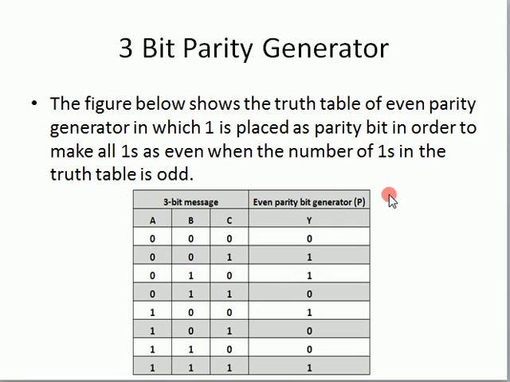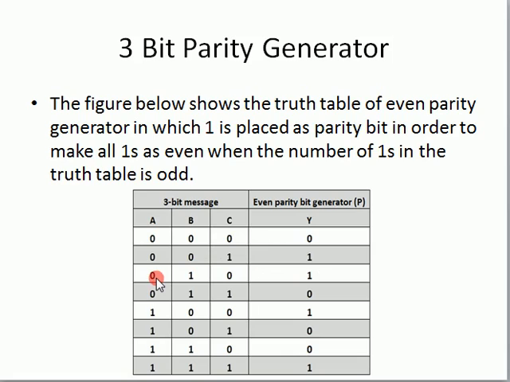So here we have the 3-bit parity generator. Here you see 0 0 0, there is no 1, so the even parity bit is 0. Now see 0 0 1. At the input side we have an odd number of 1s because there is only one 1. So we need another one in order to make it even. Since the input has an odd number of 1s, here we will have 1. Now, including input and output, we have an even number of 1s.